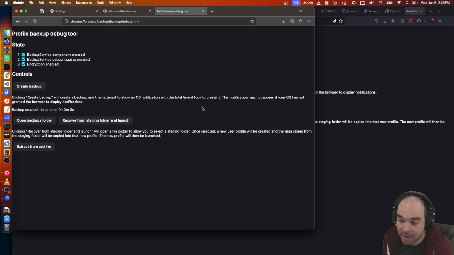Now, cryptography is not a thing that I myself am an expert in, but we at Mozilla have world-class experts in this particular problem space, and they have helped my team design an encryption scheme for these backups.